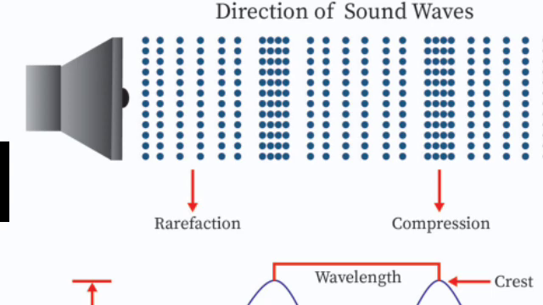As the body moves back and forth rapidly, a series of compressions and rarefactions is created in the air. All this makes the sound wave which propagates through the medium. Thus, compression is the region of high pressure and rarefaction is the region of low pressure. Now, pressure is related to the number of particles of a medium in a definite volume. High density of the particles in the medium gives high pressure and vice versa.